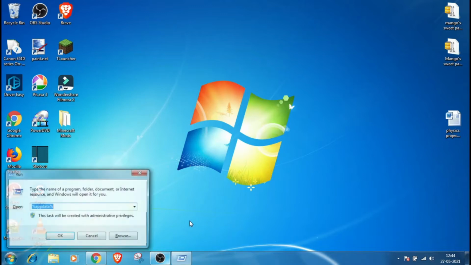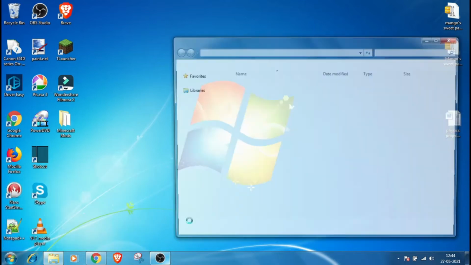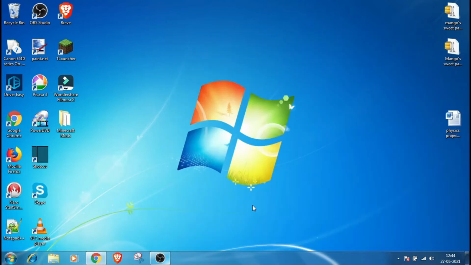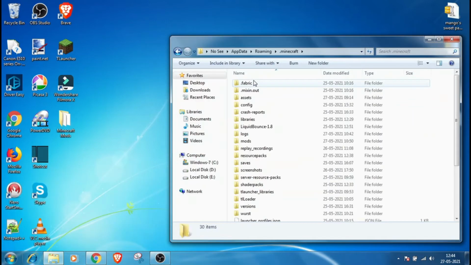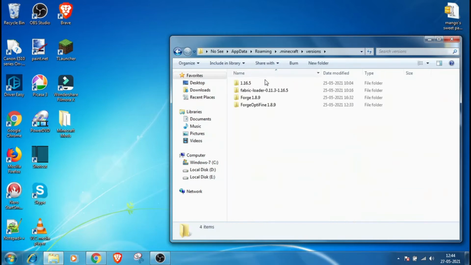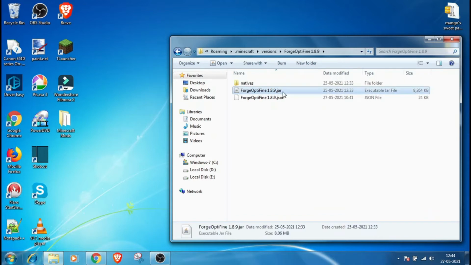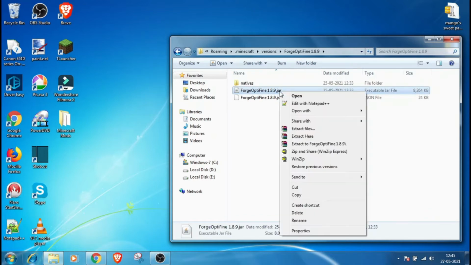So first we're going to go to app data. If you're on Windows, you can do Windows plus R and type in percentage appdata percentage, and then hit enter. Then go to .minecraft, then go to versions. As you can see, there are all the versions. I'm going to make one for 1.8. If you're making for 1.16, you can go ahead. So I will open that, and as you can see, there are some files in here. This is what we need, the jar file, and we're going to